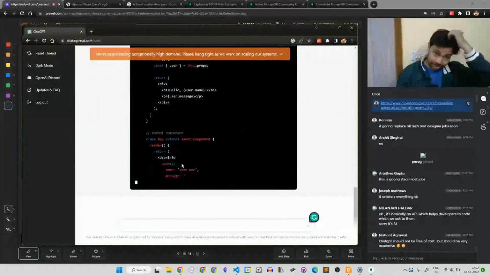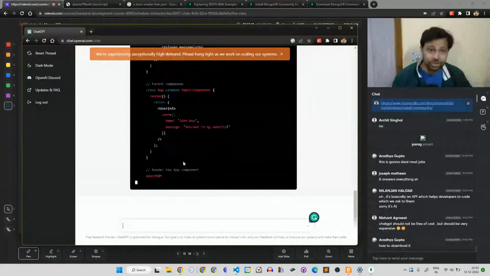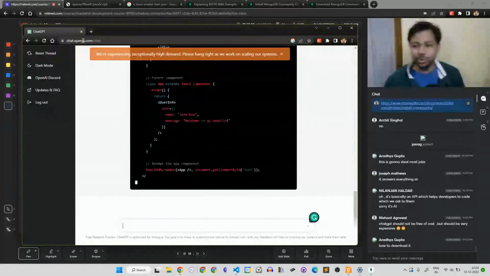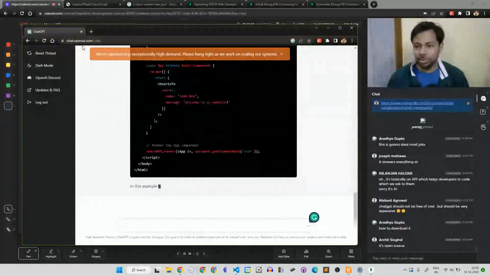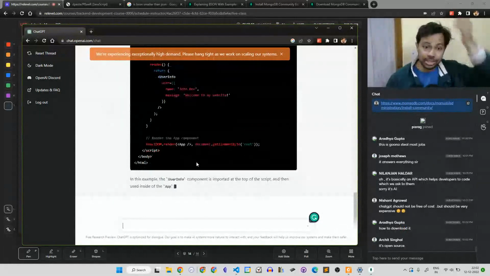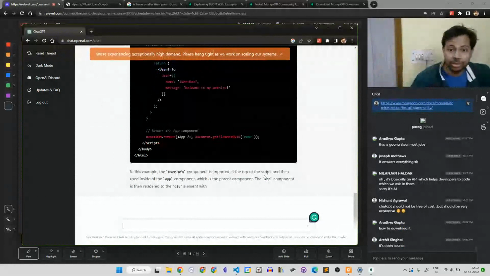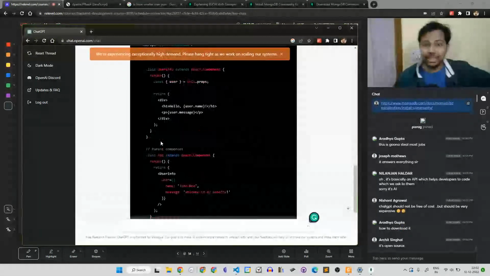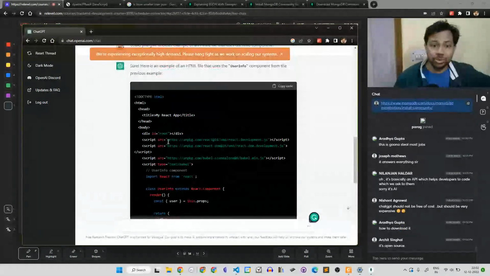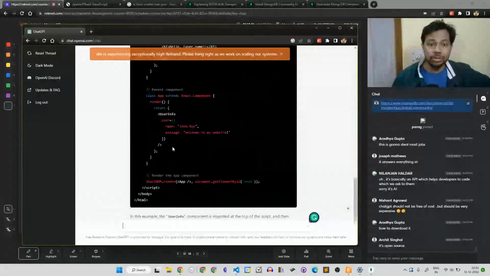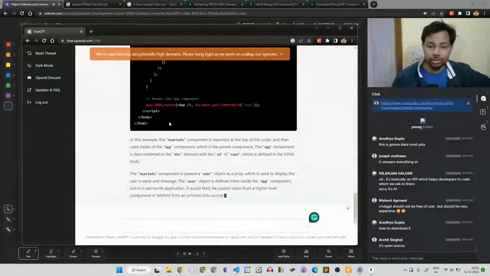This is the parent component. You don't have to download it. It's just a URL. It's open source and you can just go there. This is the whole HTML file which will use the component.